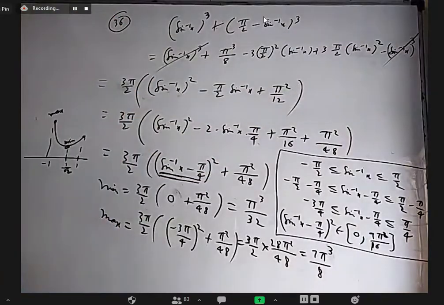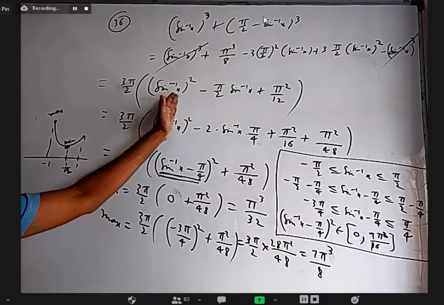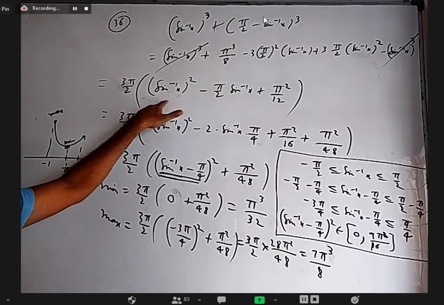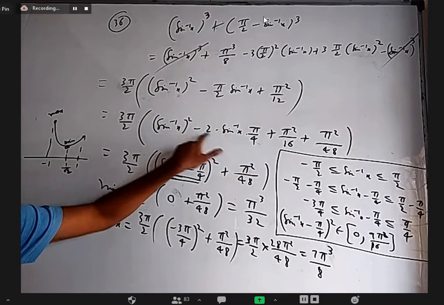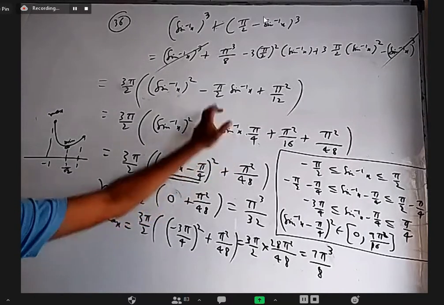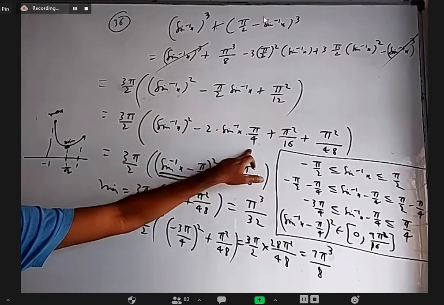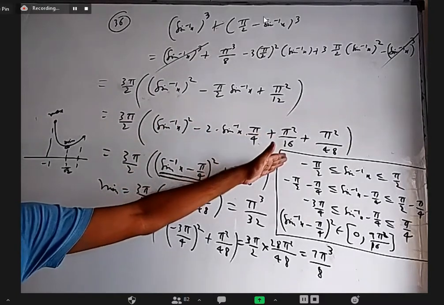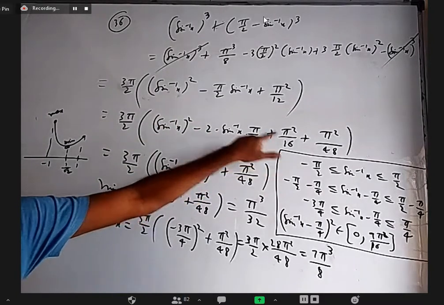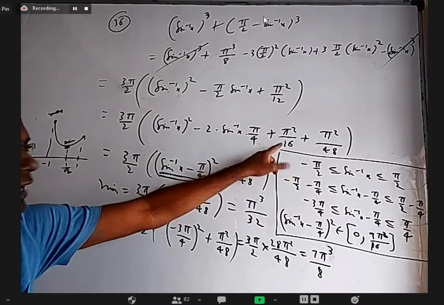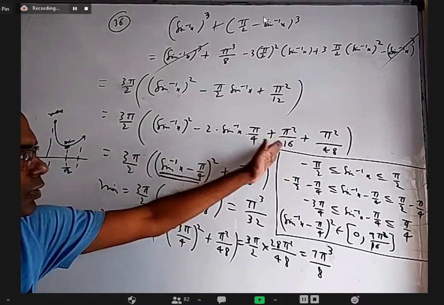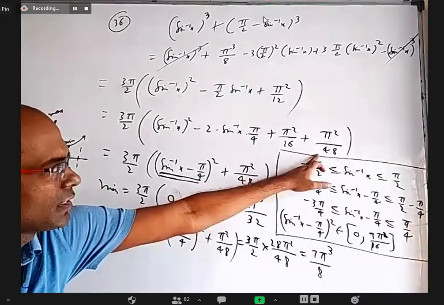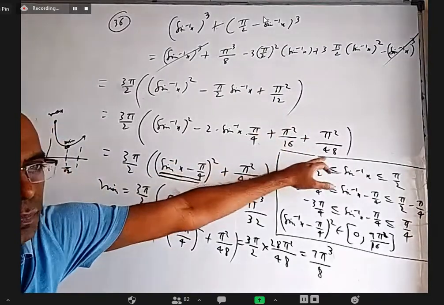Is it okay, Ritam Day? Yes, sir. Okay, then I want to write a perfect square. This is like a square. This is like AB. I want to write 2AB, so a square minus 2AB. That's why I wrote pi by 2 as 2 into pi by 4. Then if I have a square minus 2ab, I should also have b square. So pi by 4 whole square I need. That's why I wrote pi square by 16. I can write anything here, but I want the square of this. How did I write this? From this subtract this, the rest of the part is this.